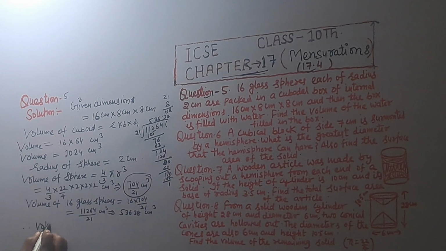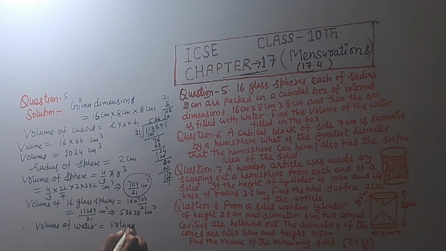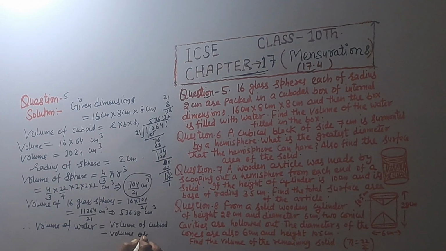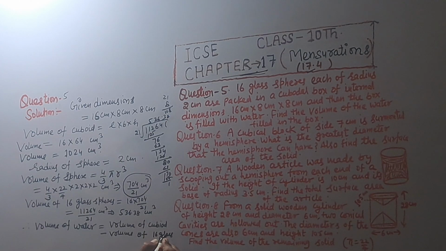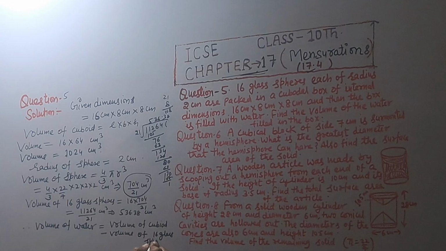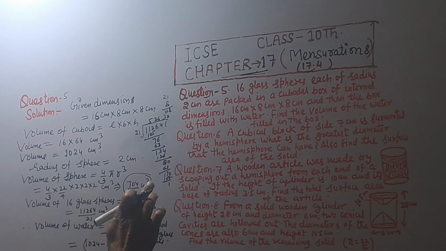So, volume of water is equal to volume of cuboid minus volume of 16 glass spheres, that is equal to 1024 minus 536.38 centimeter cube, which implies